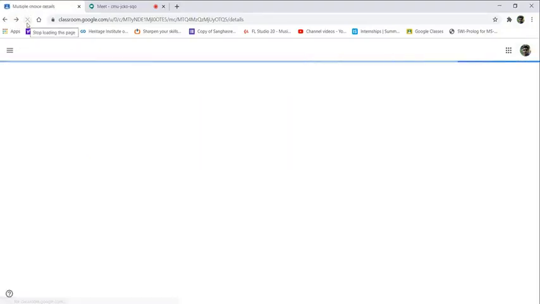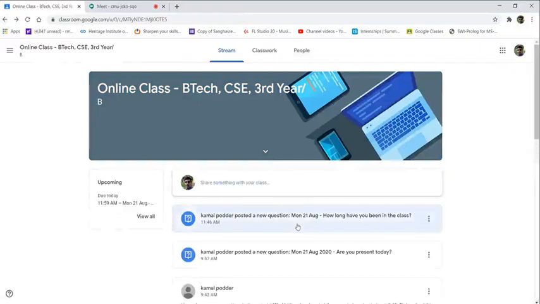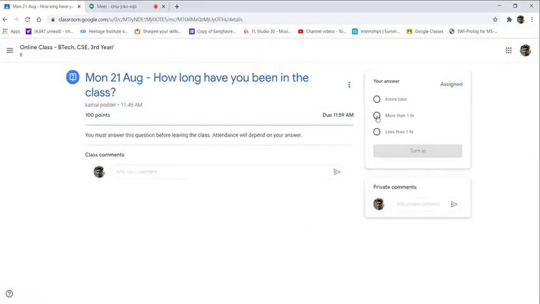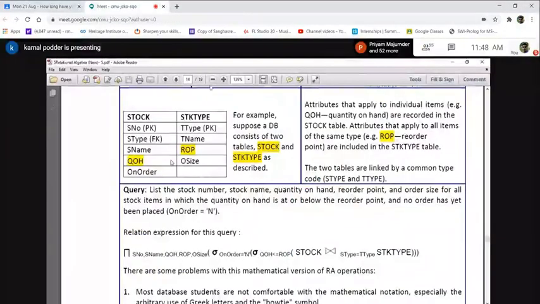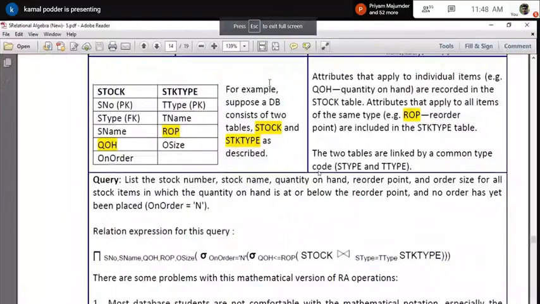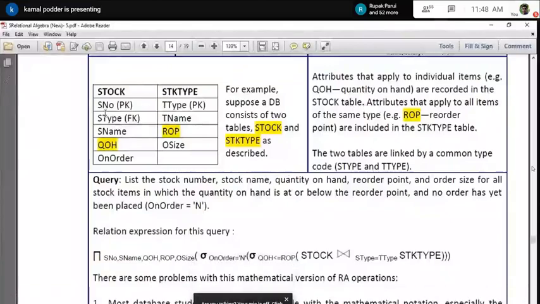Now just see this thing here. I have two tables. One table is the stock table. Every industry in its production system maintains the stock of different items, and we generally call it the stock table, where there is some information. One is the stock number, that means the item code, which is the primary key. Then stock type, and depending upon the type of the item there is a reorder level.